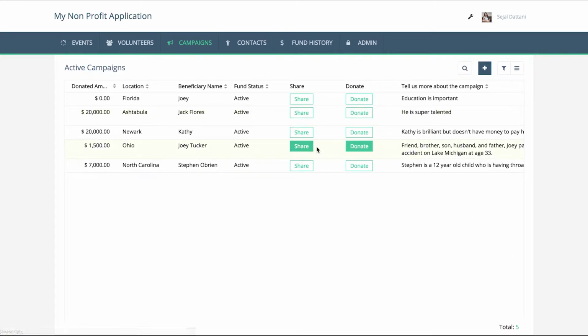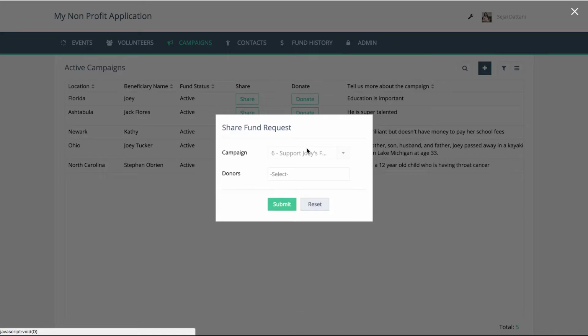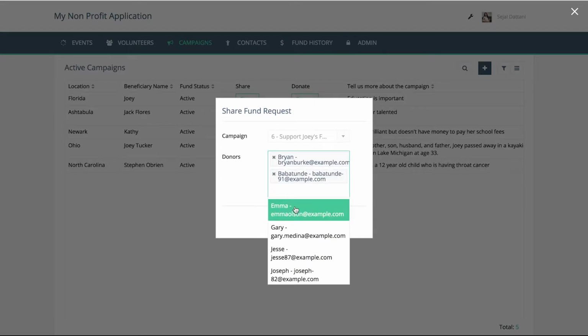What you see here is there's also a share and a donate button. This share button will allow you to tell more people or share your campaign details with prospective donors. So for example, if you're conducting an education event and you know which are those donors who would like to contribute for an education campaign, you can select those donors alone here.